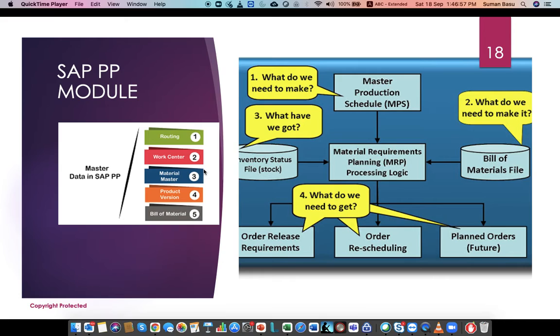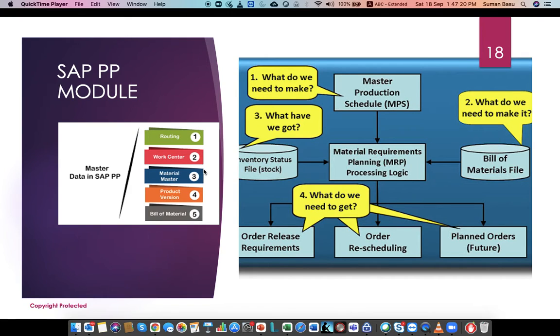Because as the screw moves from one station to another, in every station, the amount of time it will spend and the amount of effort that will be spent, based on that, the cost will be accumulated on that particular screw, on that particular product. So work center is nothing but the machines which are there.